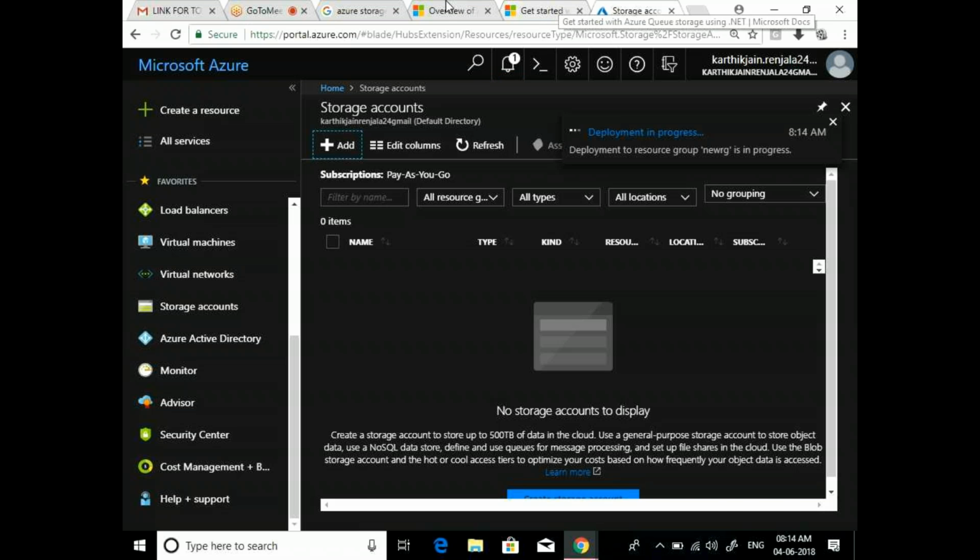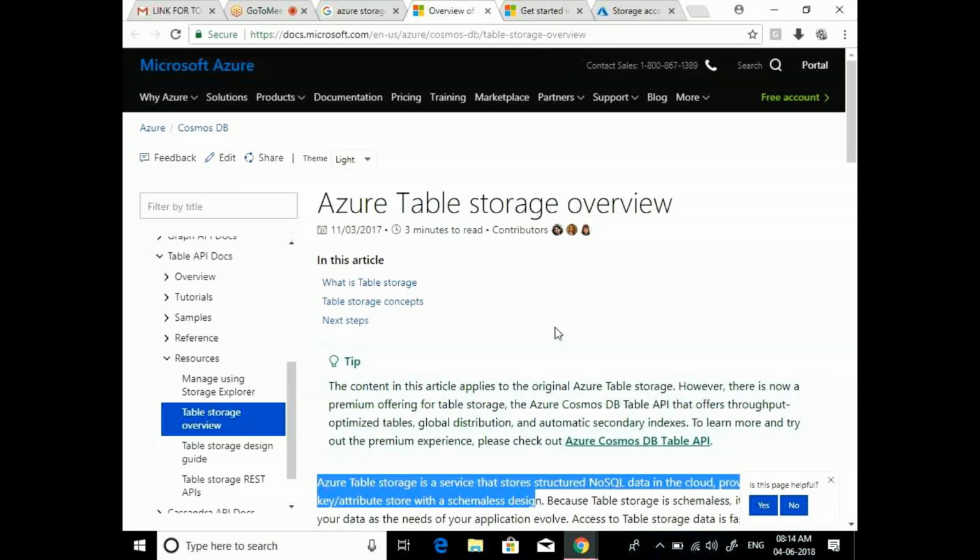The definition is: Azure table storage is a service that stores structured NoSQL data in the cloud.